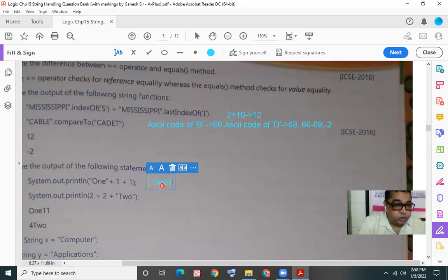This itself will be a string. This string with these 4 characters, ONE1, will be concatenated with the second digit 1, and the result will be the string ONE11. All this would be concatenated to make a single string.